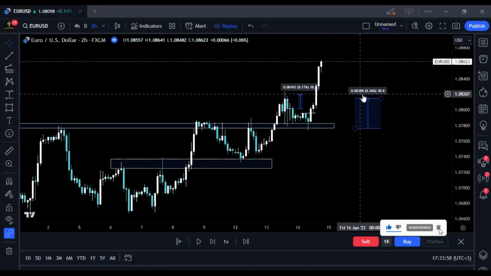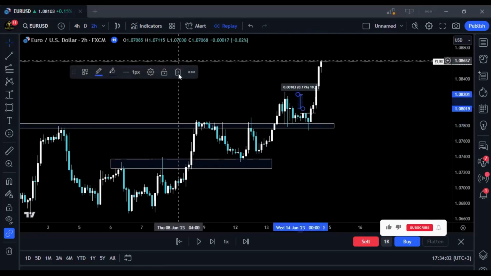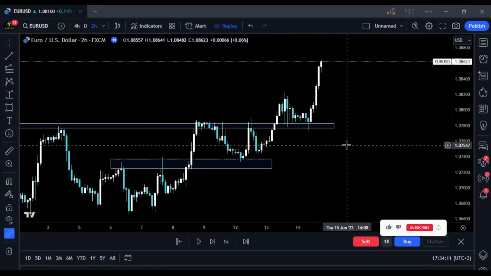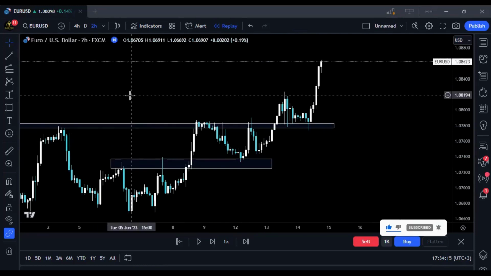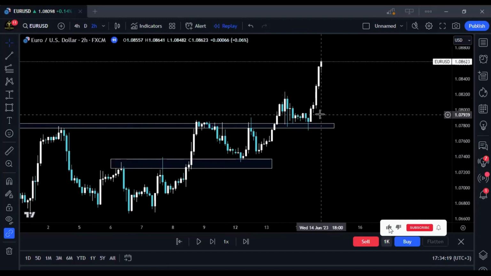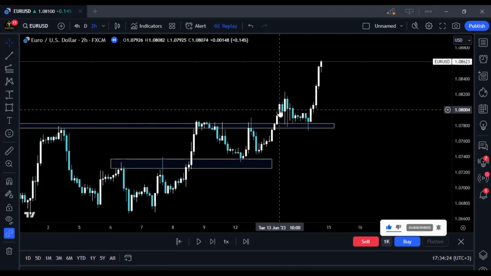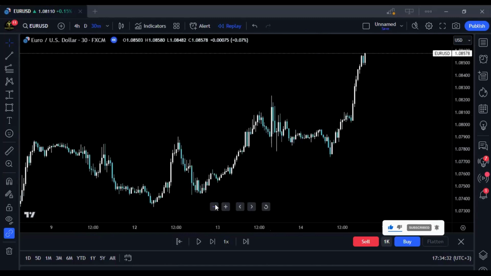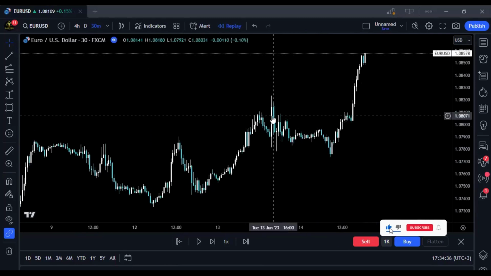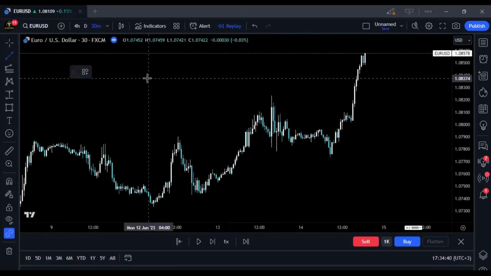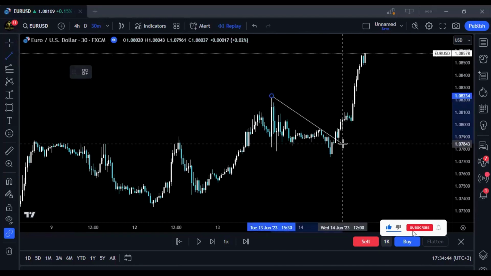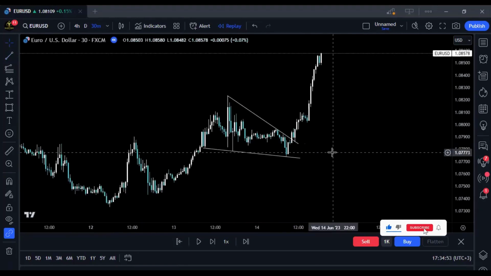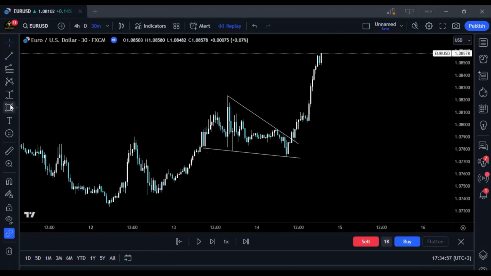And then on the 14th, there was another one. We saw this break and retest. After that, we actually